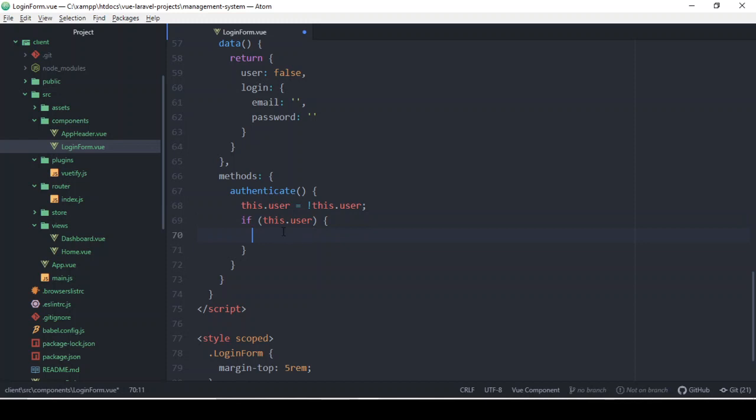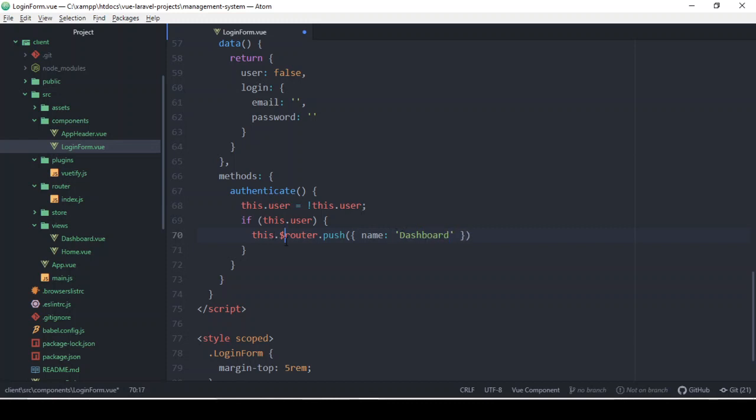So if this is true, then we want to do a this.$router.push, and what we're doing is essentially just pushing to a view. The view that I'm pushing this to is